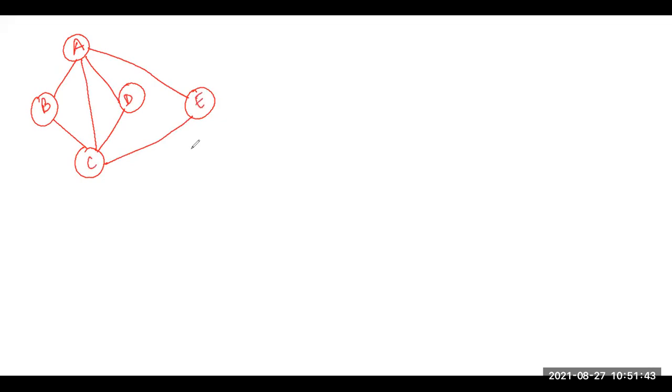Fine. So this is the graph which I have drawn. Here also we will be using somewhat similar symbols. Unvisited vertex.